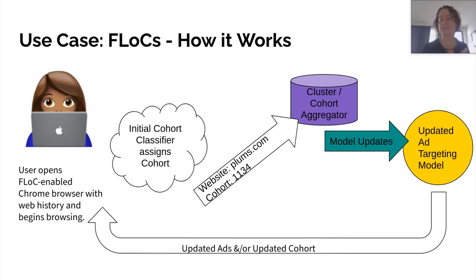And so as I start browsing as a cohort, and let's say I'm now in the Plum cohort, it turns out via federated learning that we find that 5 different users visited plums.com today. That small piece of information could be sent as an update to the aggregator, which could then update the targeted ad model, and the process continues. As you can see, this is not typical federated learning, because the ad targeting model is likely not going to be shipped out and running on all of our devices. This is kind of a hybrid model where some parts are centralized and some parts are federated.